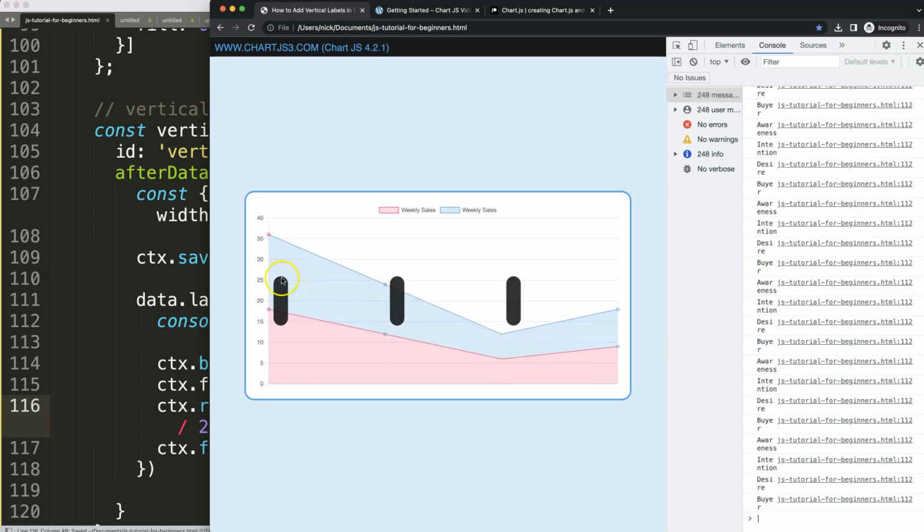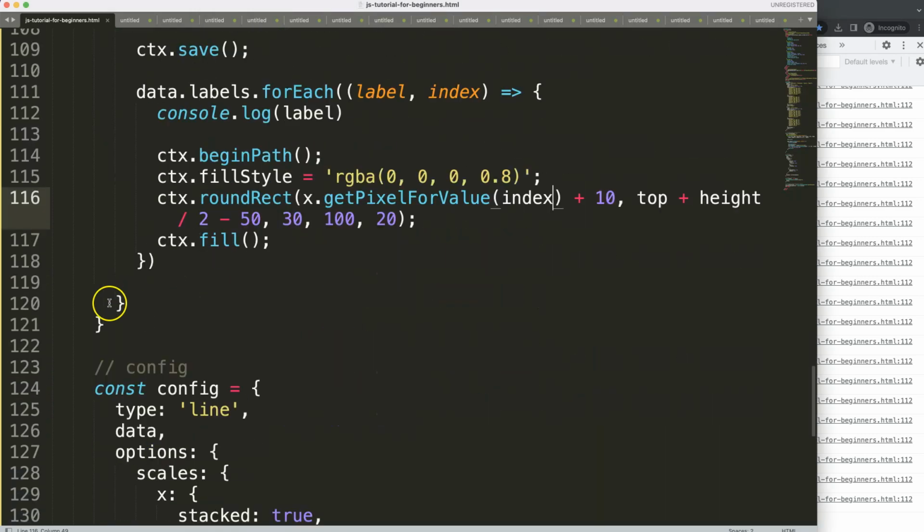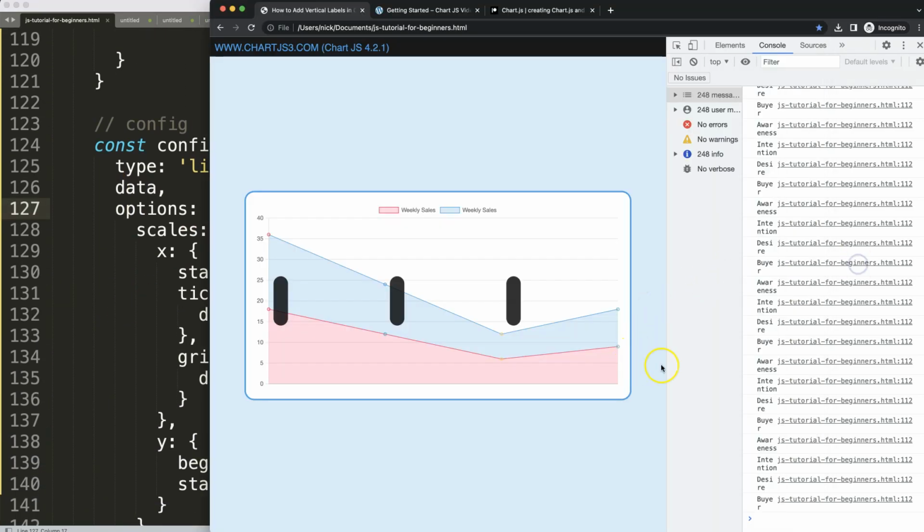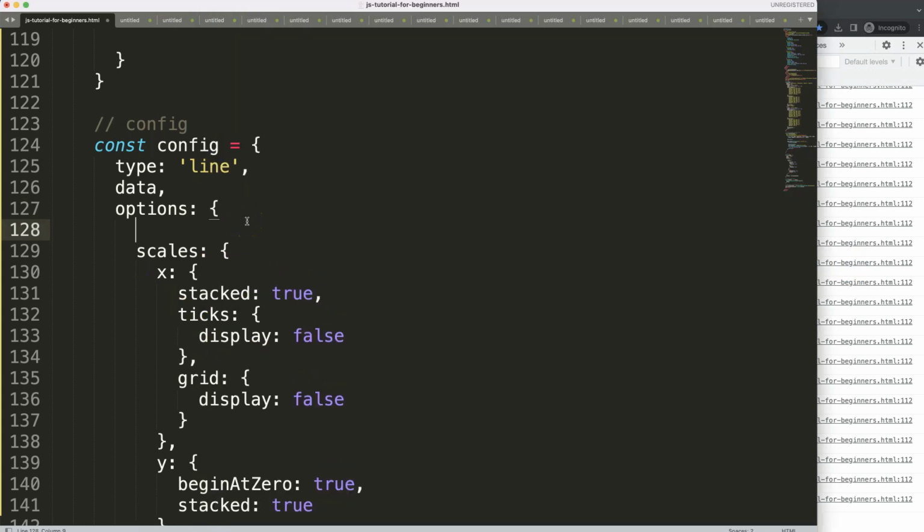Then if I refresh, you can see here now we have many except for one here that's just outside of the chart area, and this is what we call being clipped off. So we have to solve this. So how can I do this? I'm going to use here some tricks. These are cosmetic tricks. So what I'm going to say here is I want to expand just the right side here. To do that, I'm going to say here,